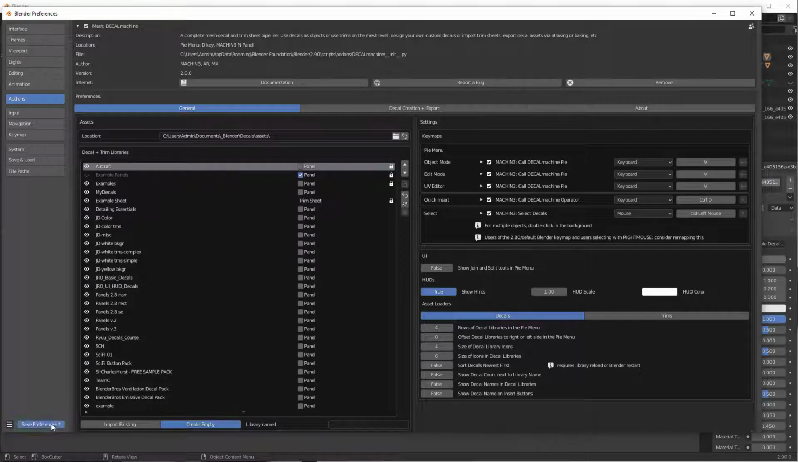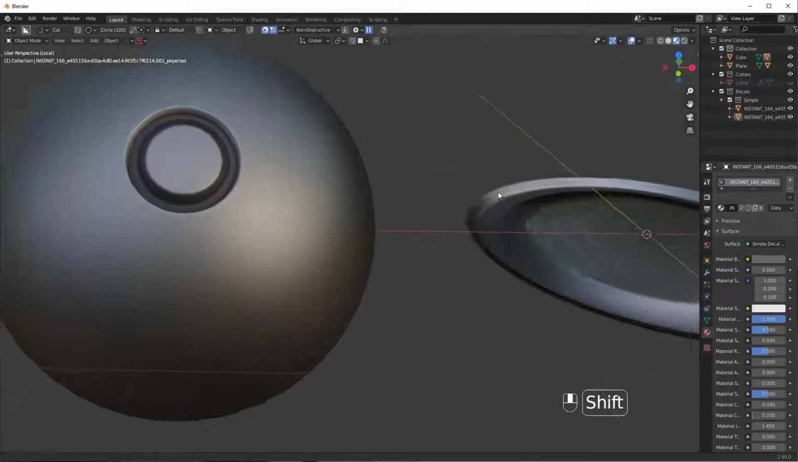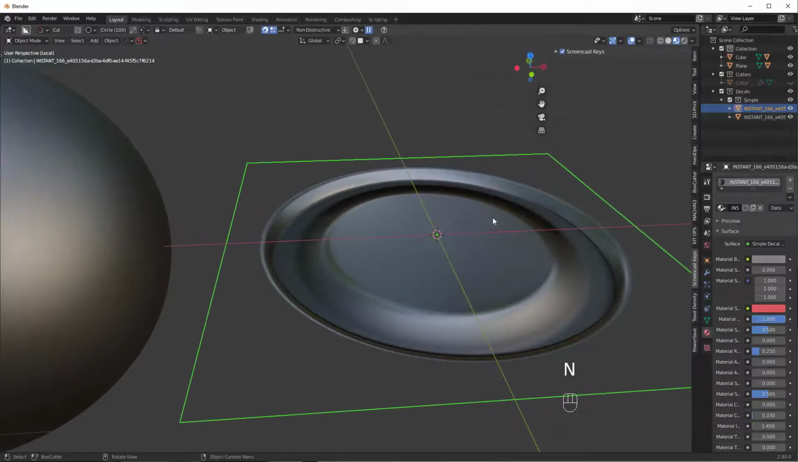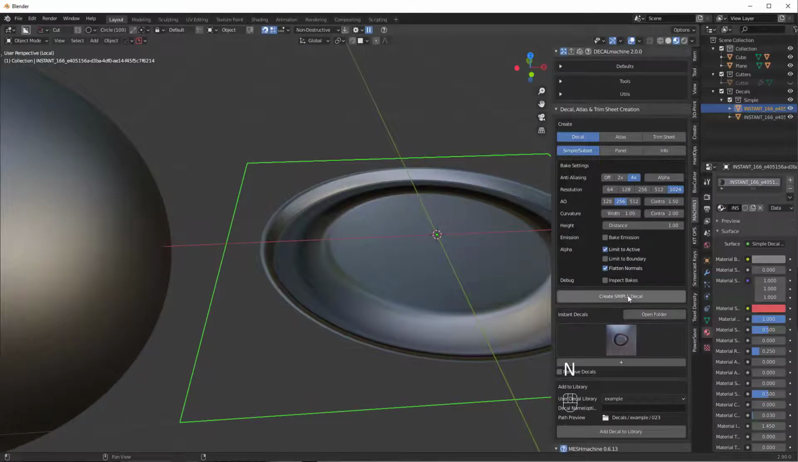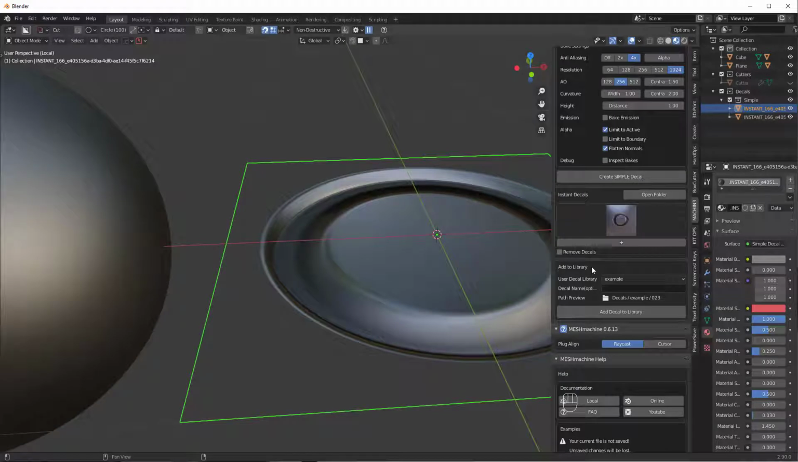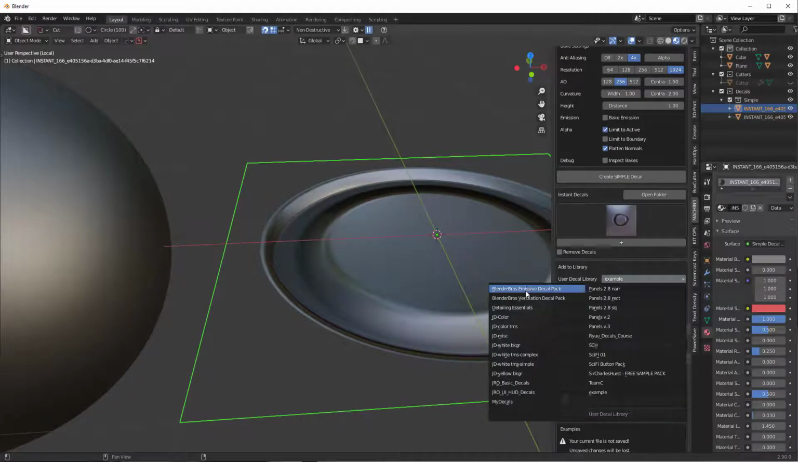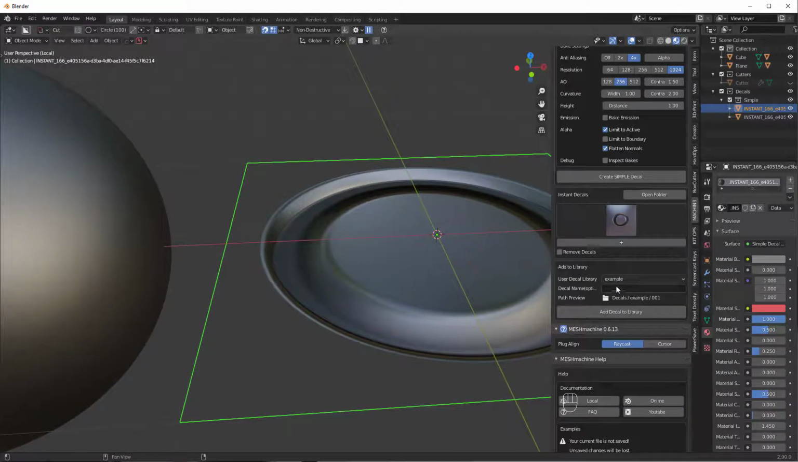Save your preferences. And now what you can do is select your decal, go to the Machine panel, go down here to where it says Add to Library, and then click on the User Decal Library. Now you should see that new name you just made. In this case I called mine Example at the bottom. And then you can just name it whatever you want, and all you're going to do is click Add Decal to Library. So I'll just call this Example 01,